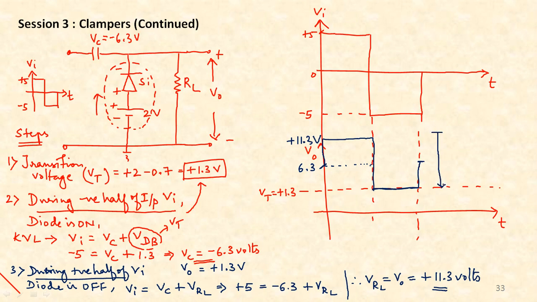Let me verify, is it really 10 volts or not? Because the concept of a clamper says that the overall voltages of input and output should be the same. The only thing is that there will be a shift either up or down. The input is overall 10 volts. Let me verify the output: 11.3 minus 1.3. Is it not 10 volts? Yes, it is 10 volts. So that means the voltage levels that we have indicated are accurate and correct. Okay, fine. So that's the output waveform.